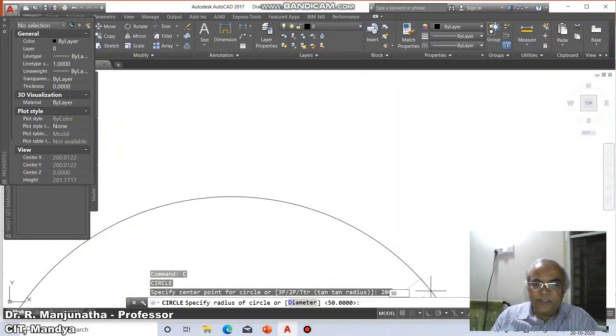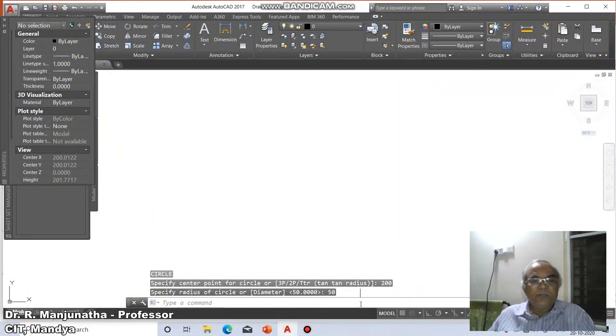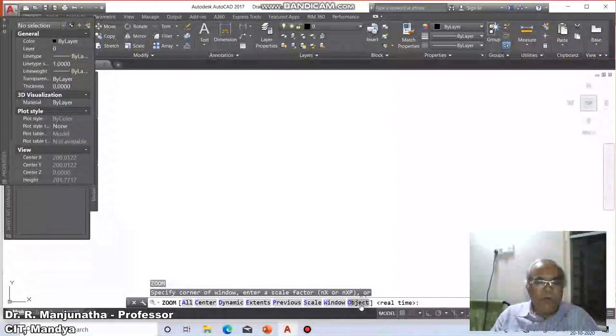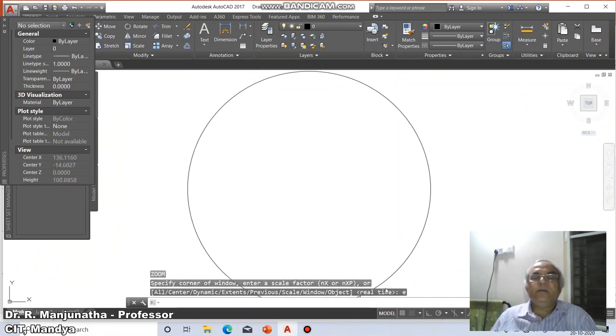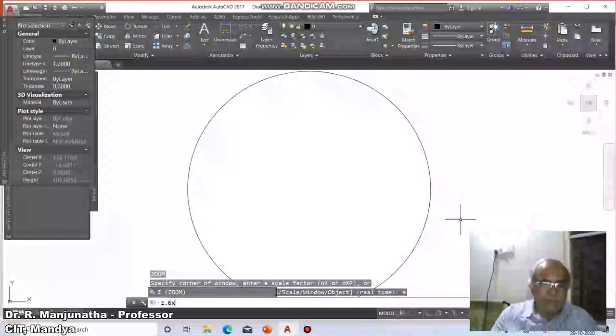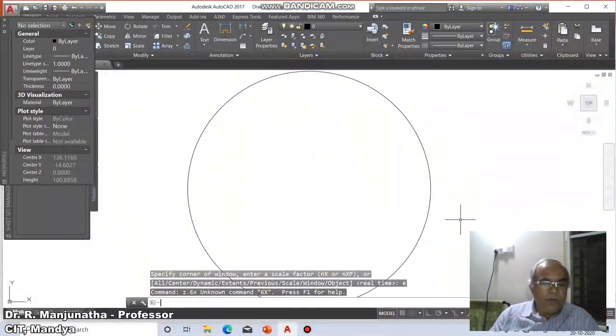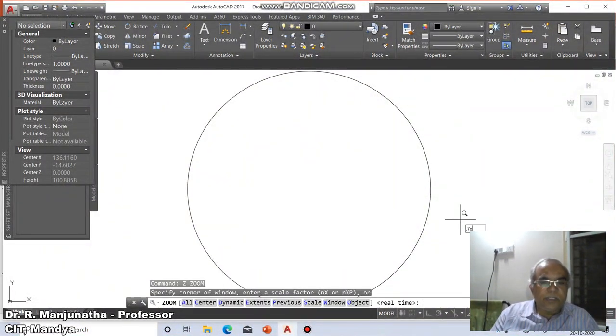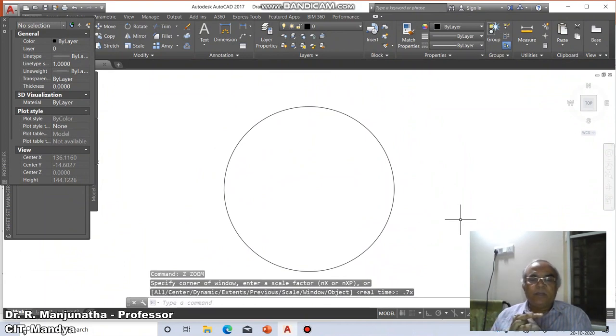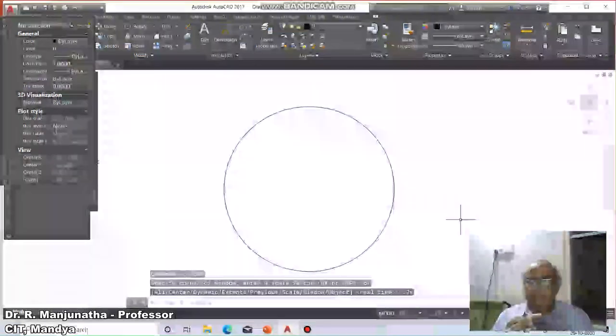So I will type 50 and enter. It is going to draw a circle of radius 50 mm. So this is how you are able to draw this particular drawing of radius 50 mm.